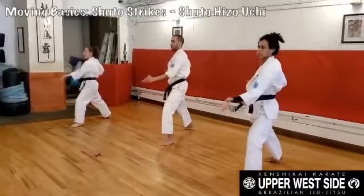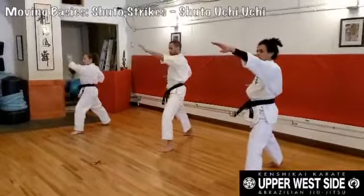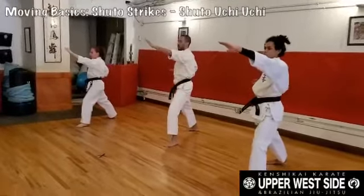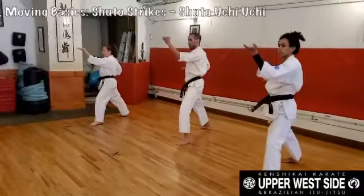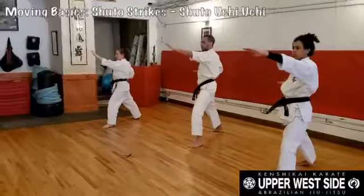Our fifth and final Shuto strike is Shuto Uchi Uchi. Everyone bring your hands back up to the temple, but now it's what we would call inverted or inside. So everyone again, go back to Shuto Gamen Uchi. We're kind of using this as a frame of reference. There's the first strike we did. We're still striking to that same spot, but on the other side of their head. So if we were hitting the right side of their temple, we're now hitting the left side of their temple